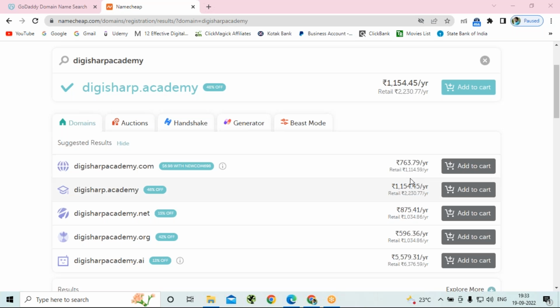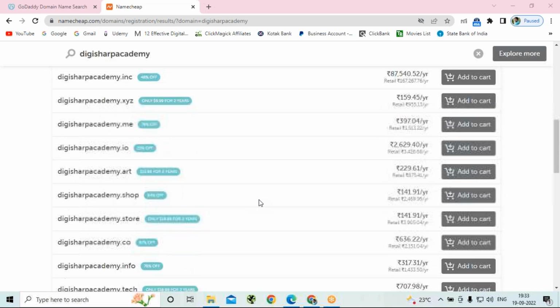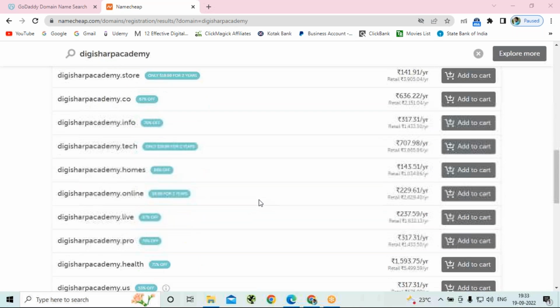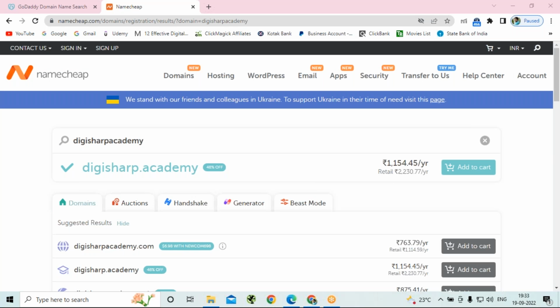So where you can get it for 764 rupees. So there is a small change here. Okay, so like this you can refer to this when buying domain names. Suppose you are going to buy